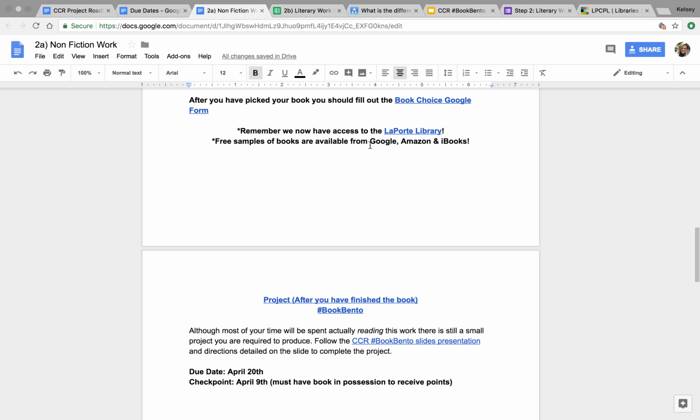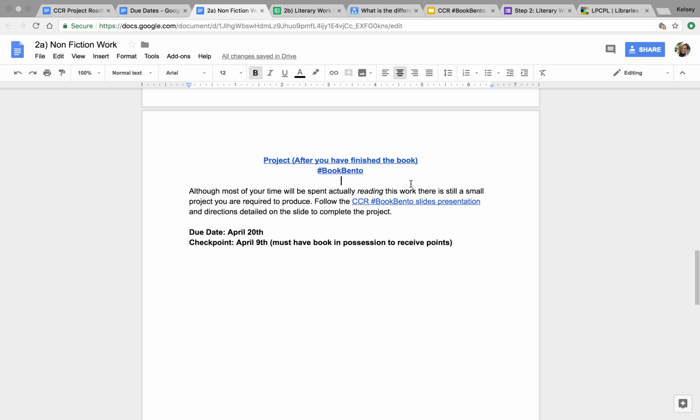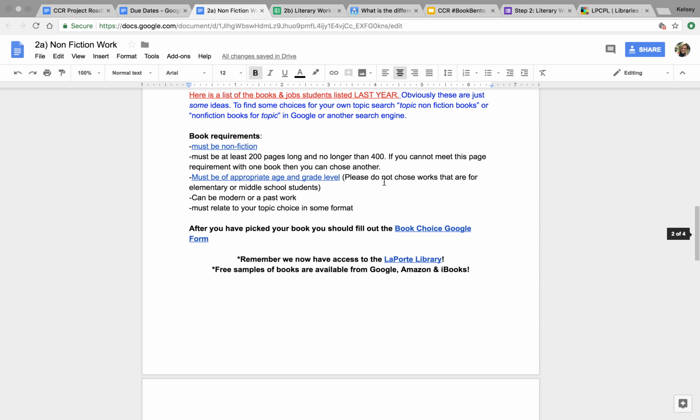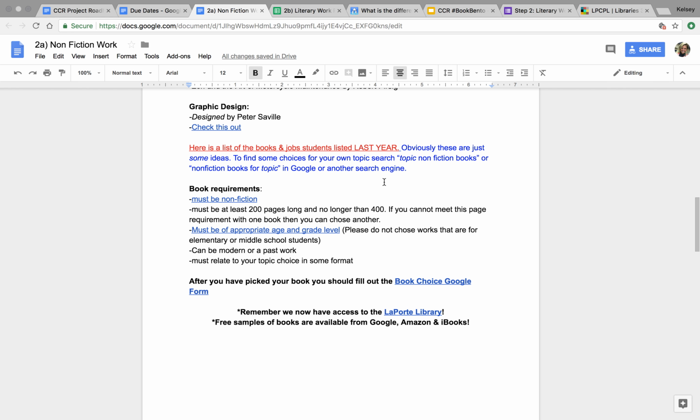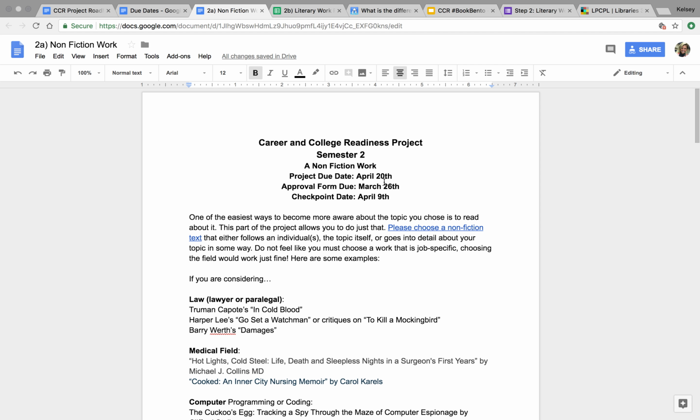You can do this by going to Google and finding the title of your book, and then it usually just pops up, or going to Amazon or iBooks, also Kindle. And that's about it before going to the Book Bento project. The majority of your time is going to be spent reading this book, and that's what you should focus on. Find your book tomorrow, or should I say Friday, over the weekend, and then Monday by 11:59,